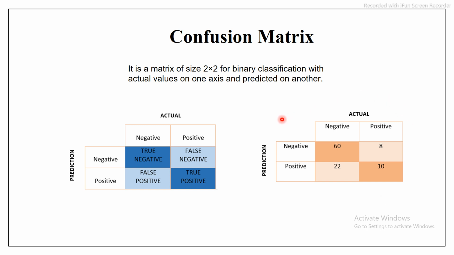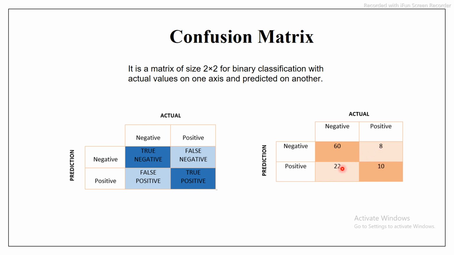So if you run the Python code, you will get this confusion matrix. Okay, something like that. So this 60 and 10, 12, 22 and 8, if you add 70 plus 30, it is equal to 100. So you had 100 data points. Out of which 60 was negative and 10 was positive,